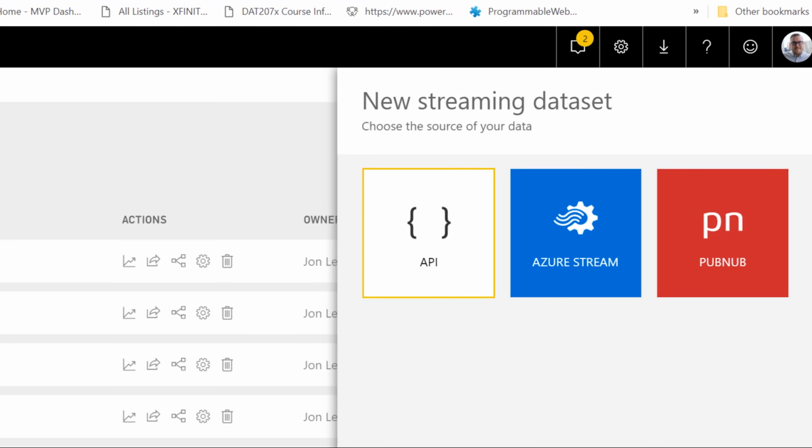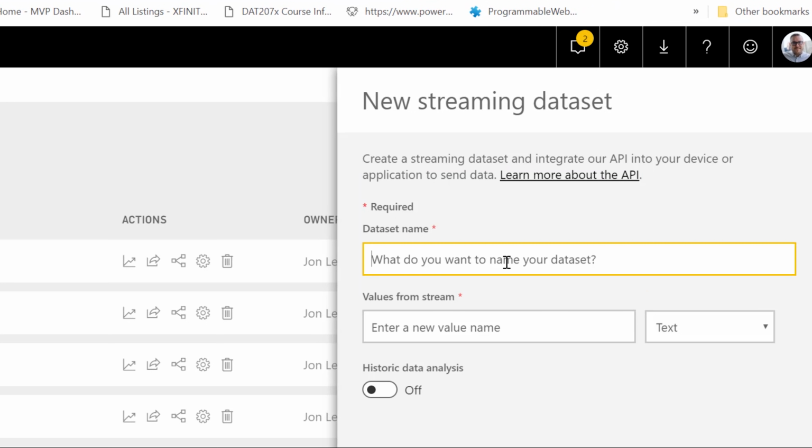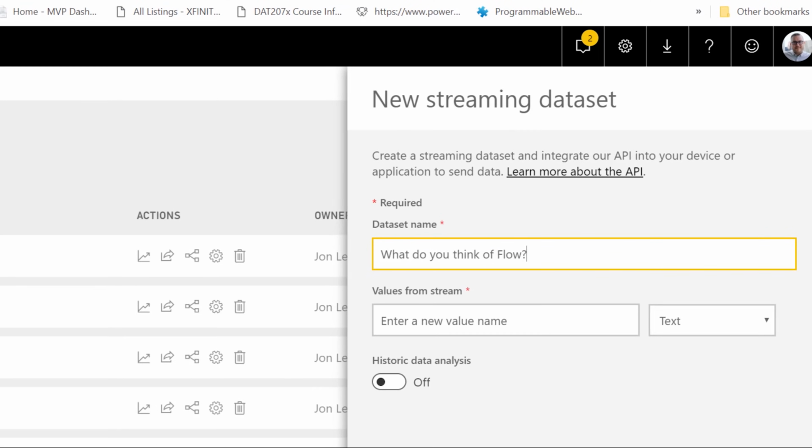I'll choose API and then I'll hit Next. And so what do I want to name this? What do you think of Flow? Okay, and so now what we're going to do is we're going to choose what our values are